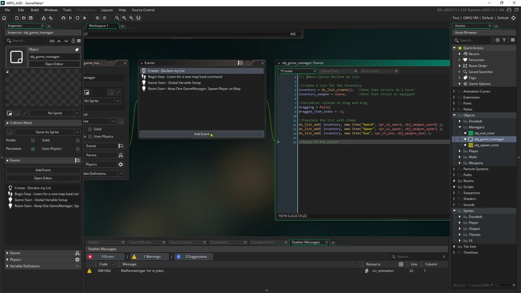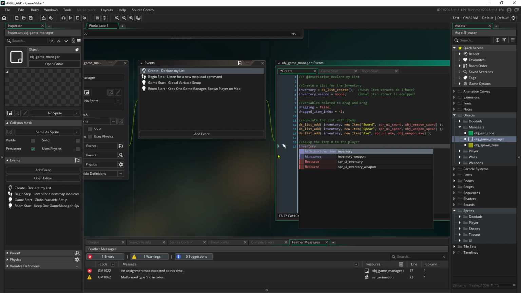And actually what we need is, what do I think? Inventory weapon. I guess we could just reference it from there. So equip the item 0 to the player. So it'll just say inventory weapon equals